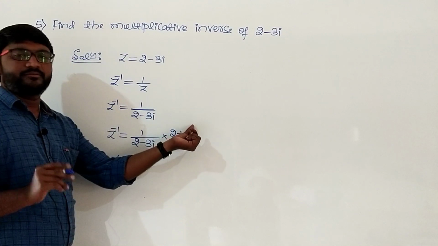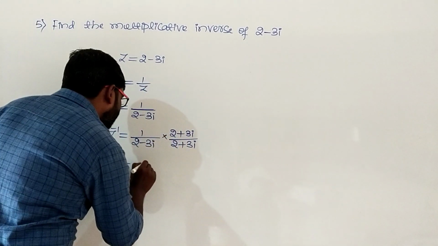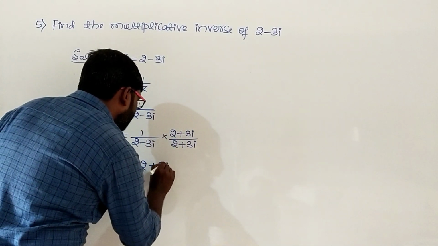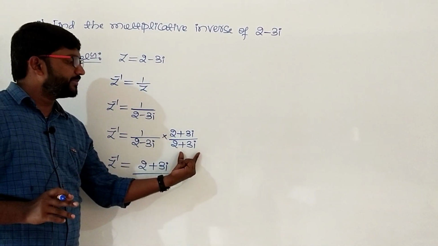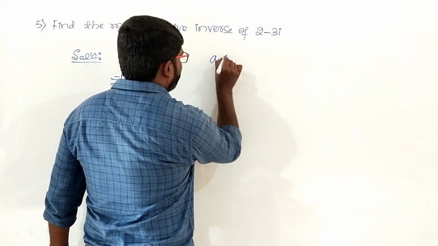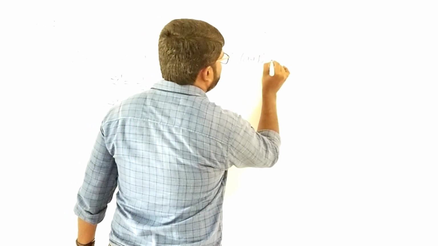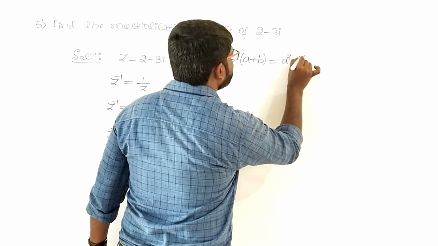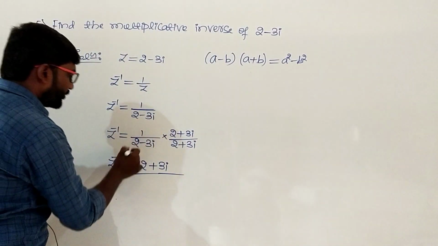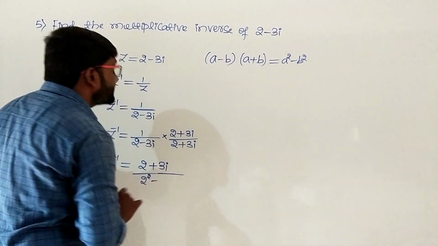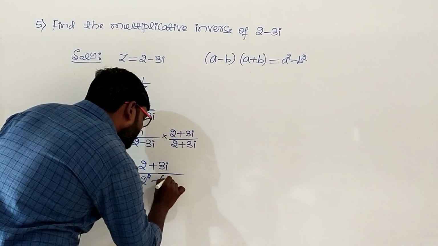So 1 into this term, we get the same term. ಯಾವಾಗಲೂ ಒಂದಿಂದ ಯಾವುದೇ ಟರ್ಮ್ ಮಲ್ಟಿಪ್ಲೈ ಮಾಡಿದ್ರೆ ವಾಪಸ್ ಅದೇ ನಂಬರ್ ಬರ್ತದೆ. So 2 plus 3i as it is. Then in the denominator, it is in the form of a minus ib into a plus ib. So now a minus b into a plus b, ಅಂದ್ರೆ a square minus b square ಆಗ್ತದೆ, the standard formula. So now denominator ನೋಡ್ರಿ, ಈಗ a square ಅಂದ್ರೆ 2 square ಆಗ್ತದೆ ಇಲ್ಲಿ. 2 square minus b square. b ಅಂದರೆ 3i ಅದರ ಇಲ್ಲಿ. So 3i the whole square.